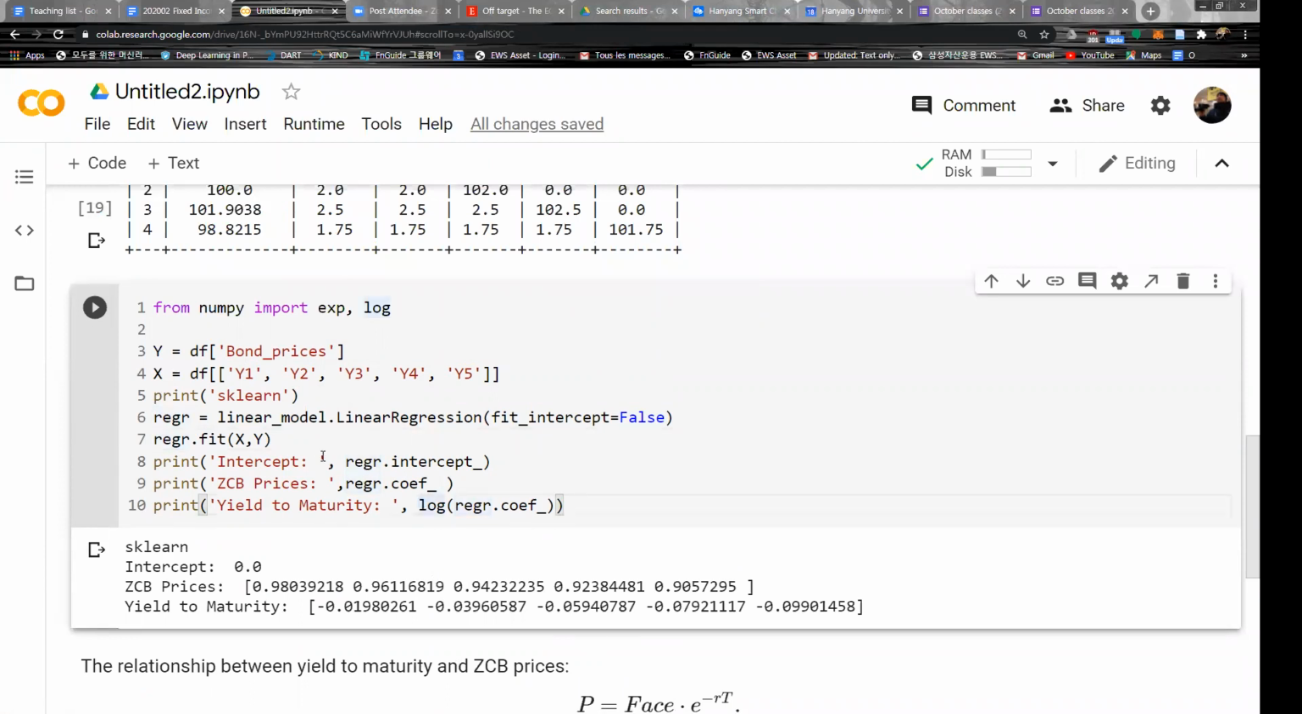Actually, it should be minus, right? So this is basically gross return. Then I have to divide each one. I have to divide this one with 2, divide this one with 3, this one with 4, this one is 5, right? And then what we can do is